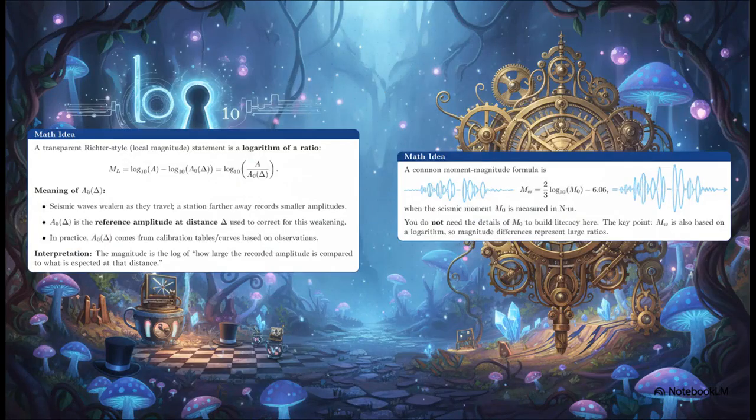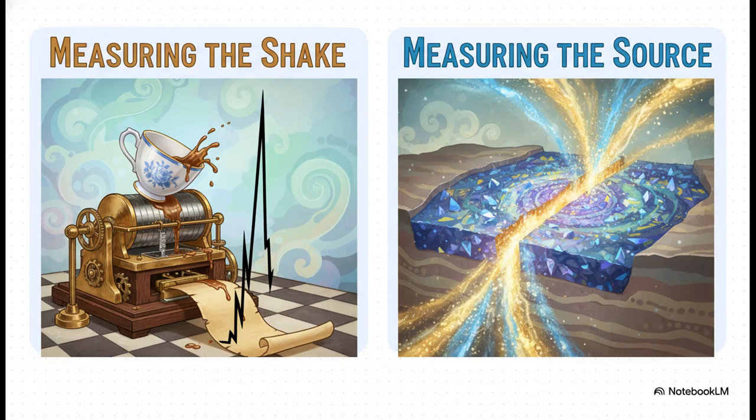Okay, don't let all the symbols and numbers here scare you off. Seriously, what's really cool about this is the one thing both of these formulas have in common. You see it? That log 10 sitting right there in both of them? That's it. That's the logarithmic engine that makes the whole thing work. Now, the original Richter scale, which we now call local magnitude, basically just looked at the height of the biggest squiggly line on the seismograph.